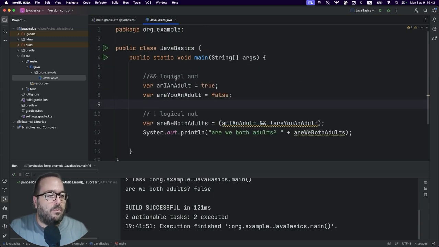So we have this are you an adult, it's false. So in theory, this condition should be like true and true without this NOT operator. And it's going to be true and false, which is false, right? But if we switch and say, okay, let's use a NOT operator here, the first part was initially false, but now because we are using the NOT operator, it's going to be a true. And if we run that one, it's true and true. And yes, you can see that are we both adults? It's a true.